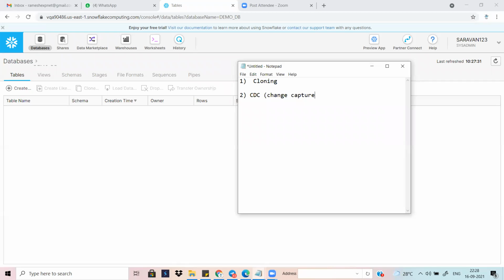So what happens? Change capture means we are working in real time also, right? We are consuming files periodically. So daily we are consuming some set of files and loading the data into the same table, and you are going to maintain the data periodically. Suppose, for example, you are maintaining an employee table. Under the employee table also, the files will be coming regularly. The file will be received.